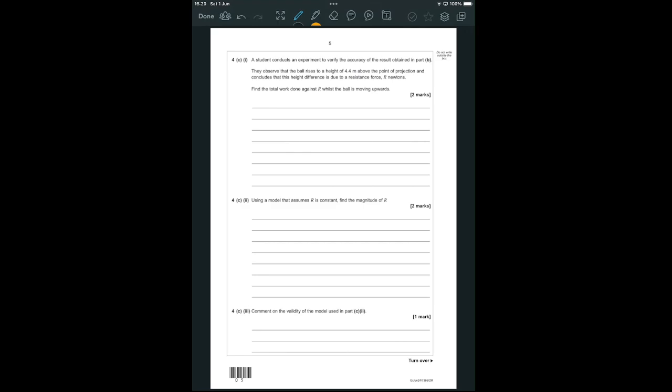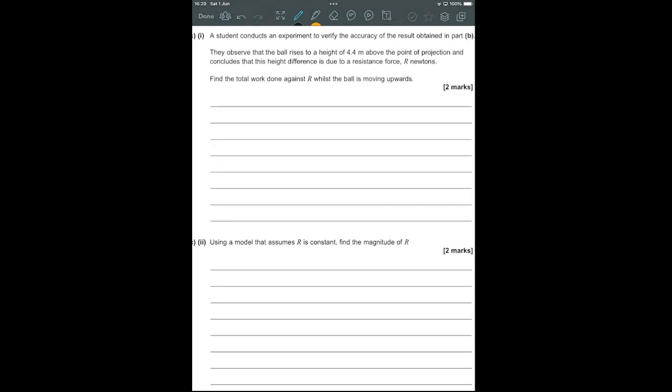A student conducts an experiment to verify the accuracy. They observe a height of 4.4 and conclude this height difference is due to a resistive force R. Find the total work done against R while the ball is moving upwards. So now the kinetic energy has converted into our GPE plus the work done. So that energy we had before, the 25, is now equal to the mgh, 0.5 times 9.8 times 4.4,